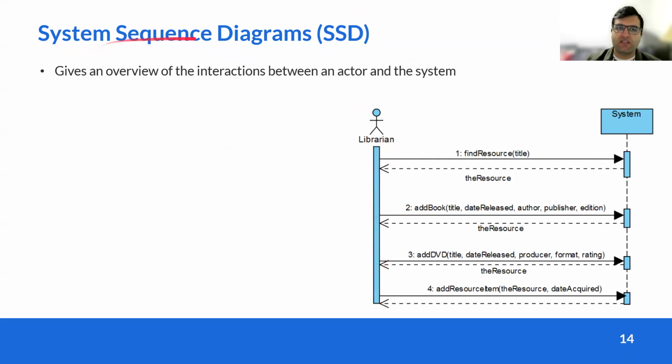The system sequence diagram gives an overview of how an actor interacts with the system. So for example, if a librarian wants to add a new resource,